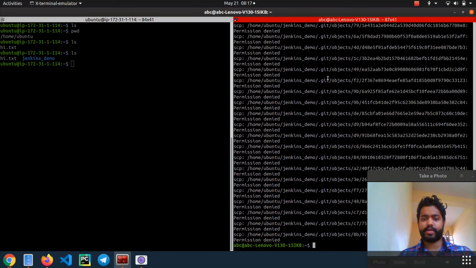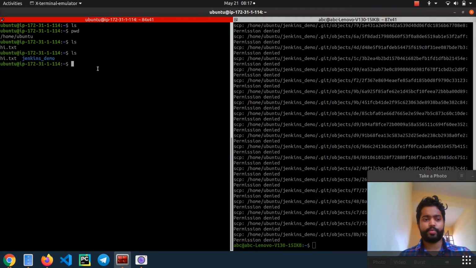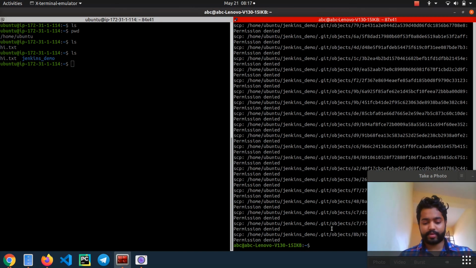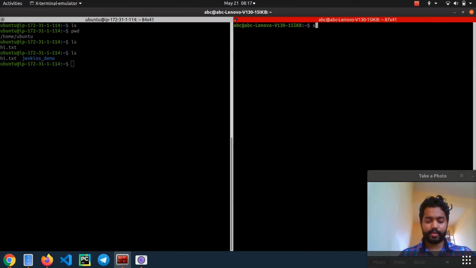And this git folder also, we do not want it to be present over here because whatever we need is already present in the directory, and we won't use git to bring it into my application server. We cannot actually exclude the git folder with scp. Also, the second disadvantage is that scp is copying everything again and again.